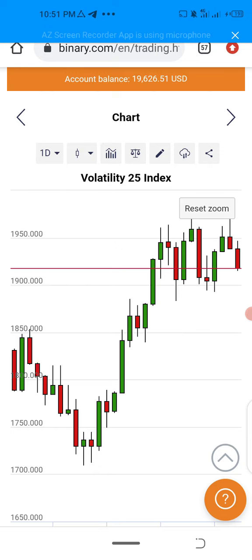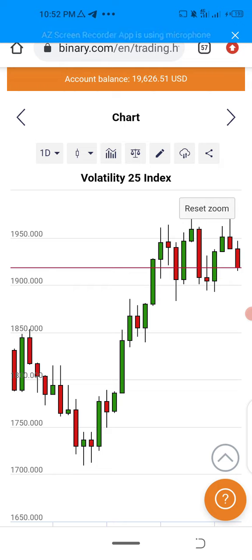Now, what will such a person do? Such a person will start with, if he has $100 capital, he will start from $2.5. The next trade the person is going to enter is $5. Can you see? And the next trade the person is going to enter is $10. Now, if you calculate from 2.5, 2.5 plus 5 plus 10. Now, if the person should win one single trade, he's getting back $2.5 as a profit. So by the time you do all this, you will understand that trading a system like this is profitable.